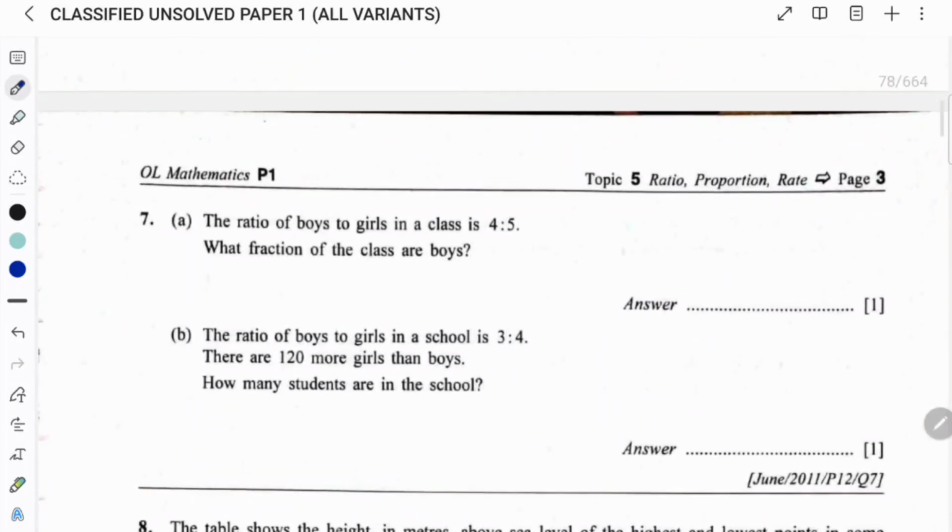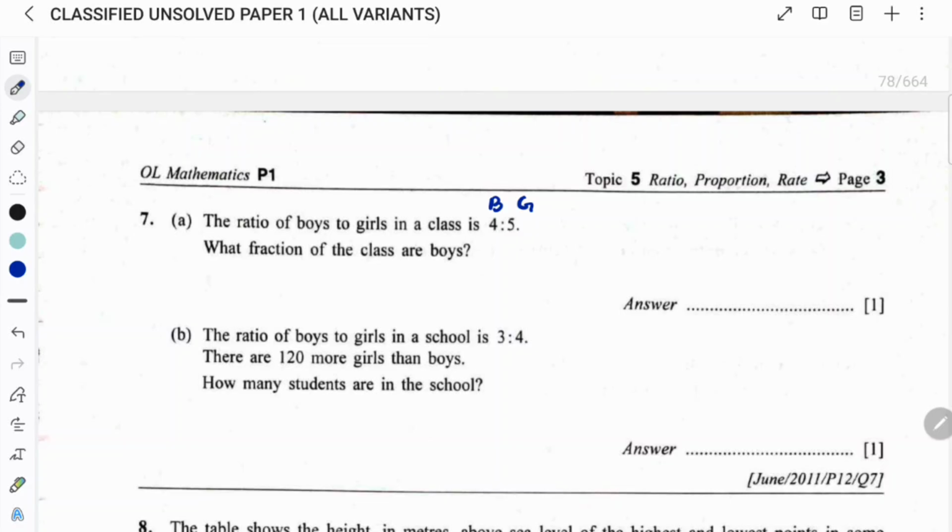The next question: the ratio of boys to girls in the class is 4:5. So that is boys to girls. You just have to be careful in writing down the ratios in the correct order and labeling the numbers correctly. Then you will get the right answer. You only have to be careful, otherwise the questions are easy and they are the same type of questions.